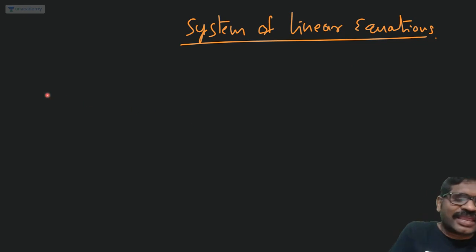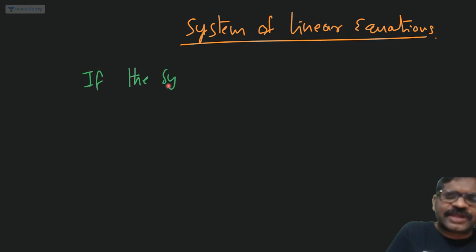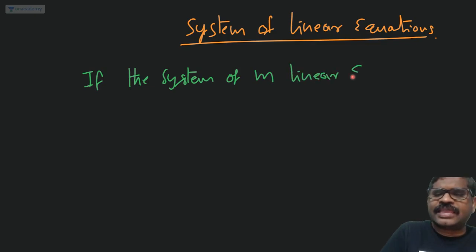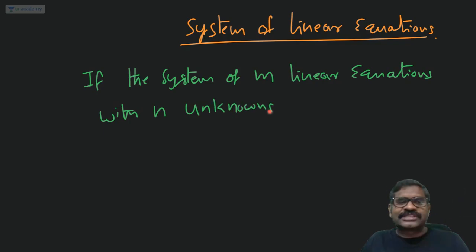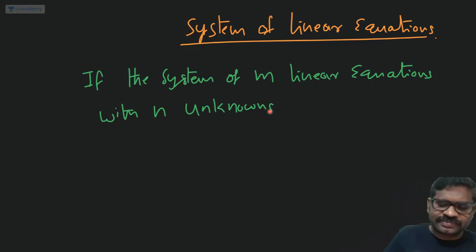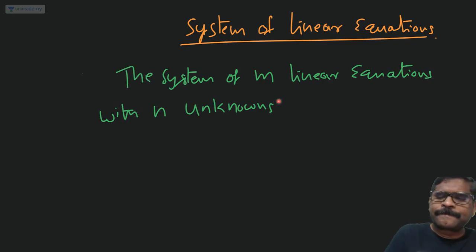Observe. If the system of m linear equations with n unknowns, the system of m linear equations with n unknowns is